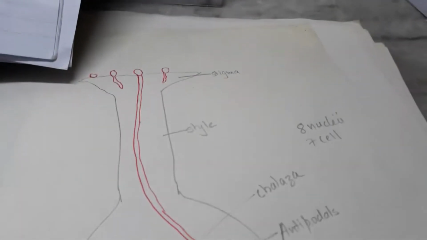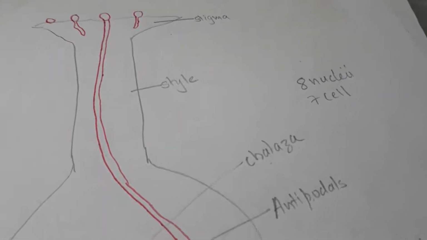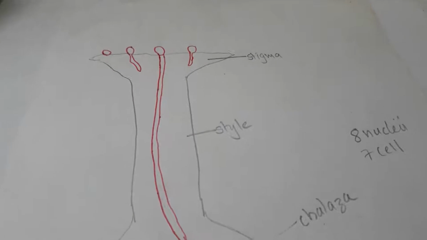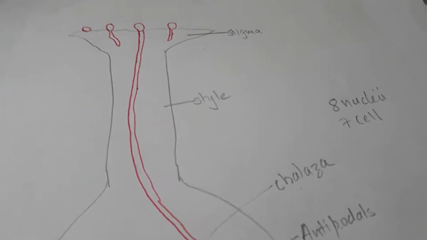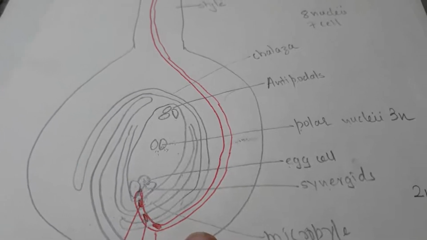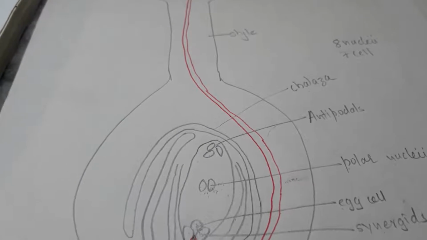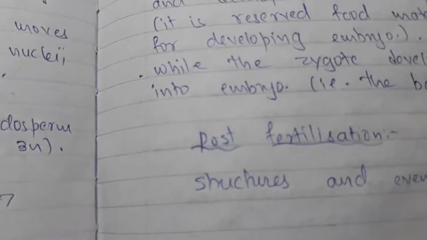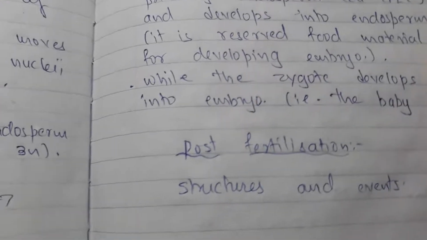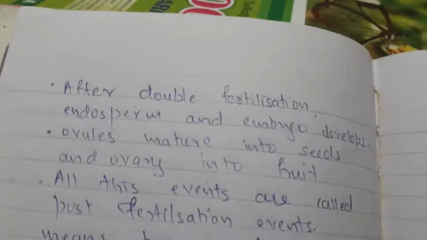Now, in this chapter we had seen how pollen grains are formed, how the female gametophyte is formed. Now today we have seen that fertilization has taken place. So what is formed? The baby plant, the embryo is formed. Now how is the further development taking place? That further development is known as post-fertilization, the structures and the events that are taking place.